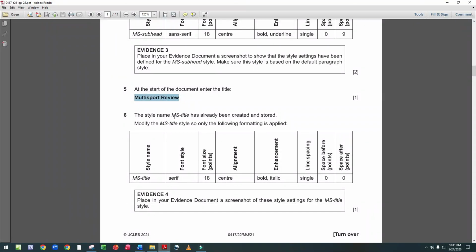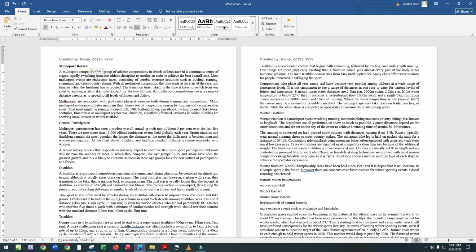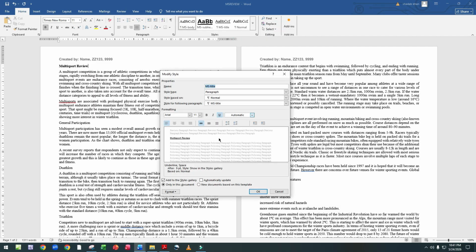The style name MS title has already been created and stored. Modify the MS title style so only the following formatting is applied. Now we modify the MS title style. Click on modify.